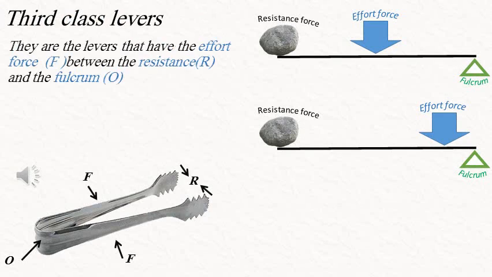The last type, third class levers. They are the levers that have the effort force between the resistance and fulcrum. For example, this is ice holder. Effort force in the midpoint, whatever, near to resistance, near to fulcrum, whatever, but at the end it is in the